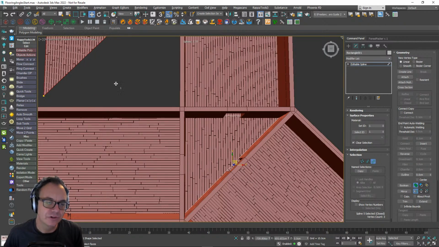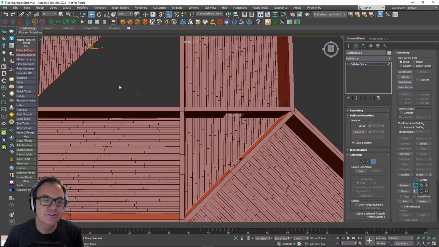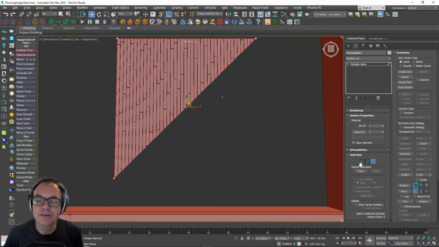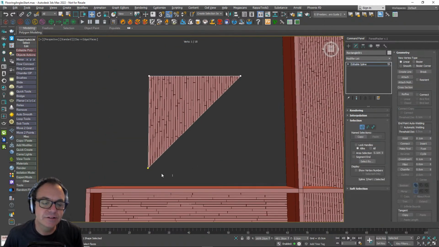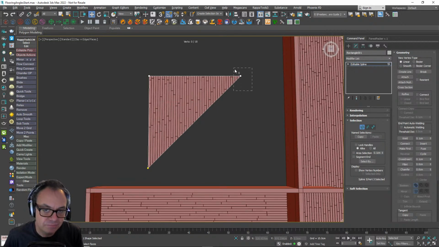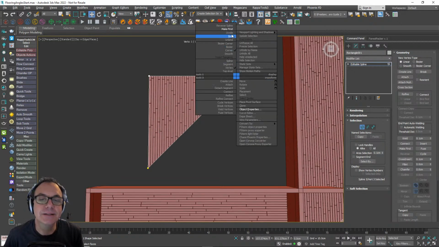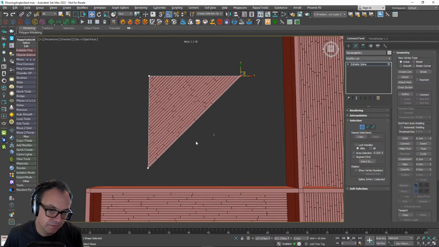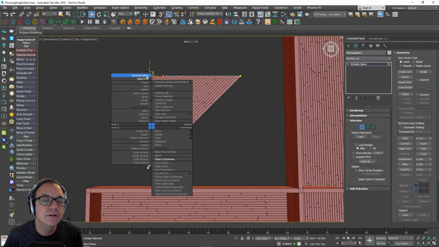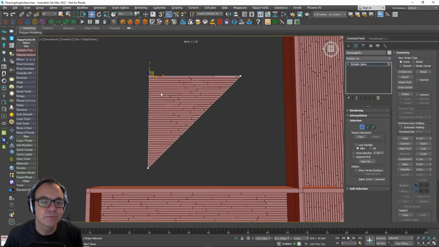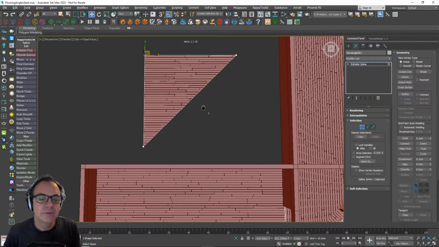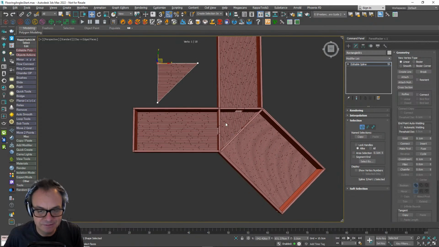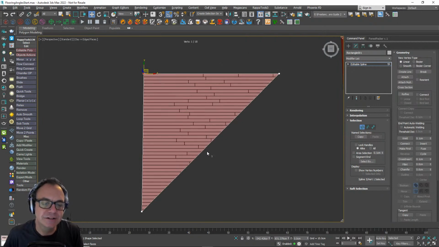So this one, for example, I have some options on how I can turn this. So I can certainly turn it to follow the long edge by making this one vertex 1. And I can have it running, you know, this way by making this one vertex 1. But what if I wanted it to align to this room here? In that particular instance, there's not really a way of doing it.